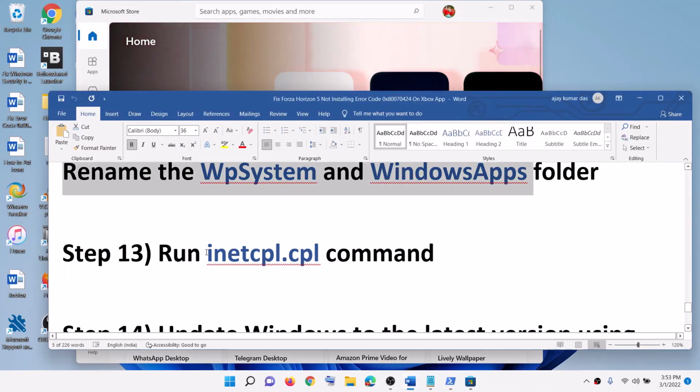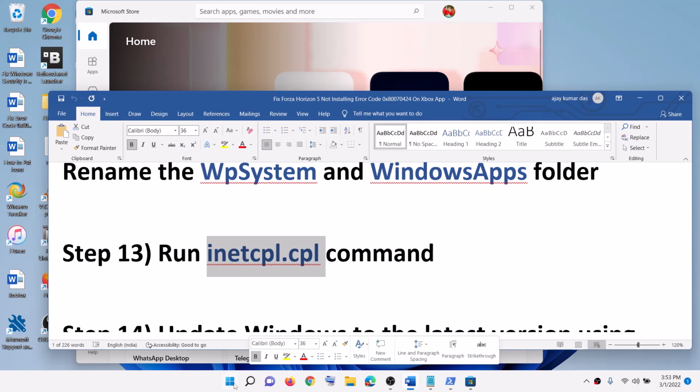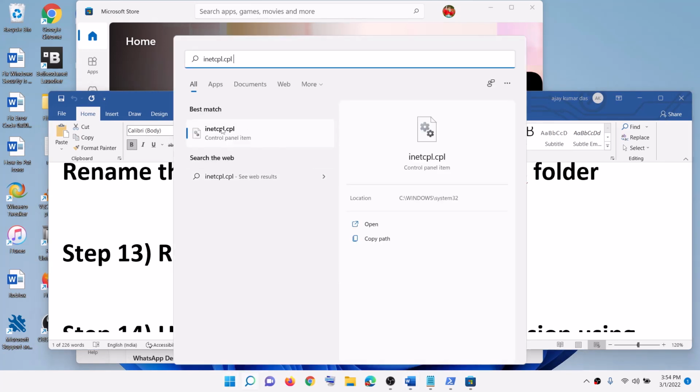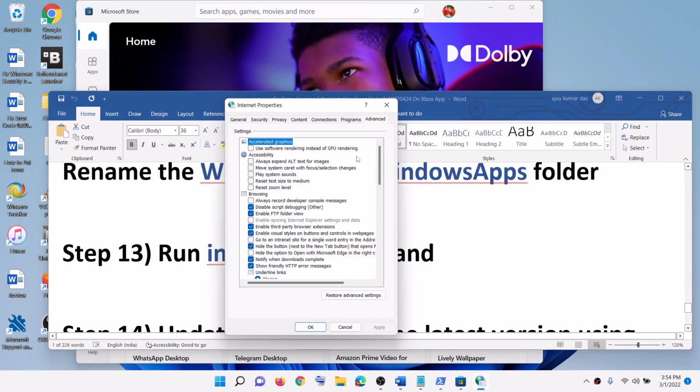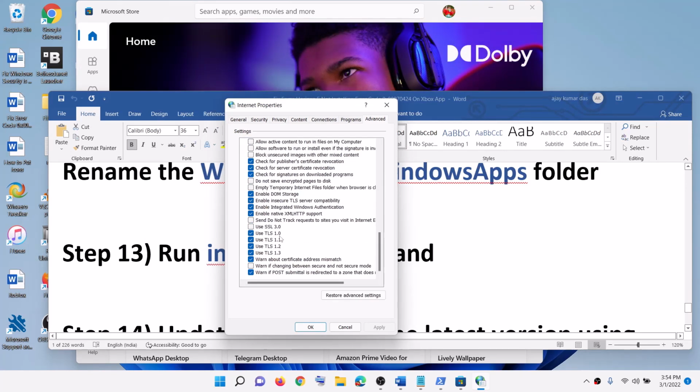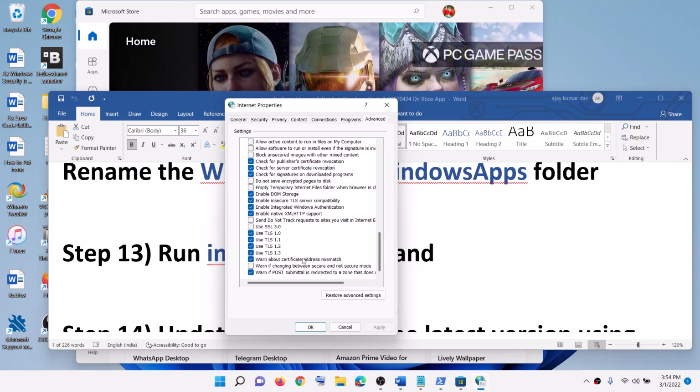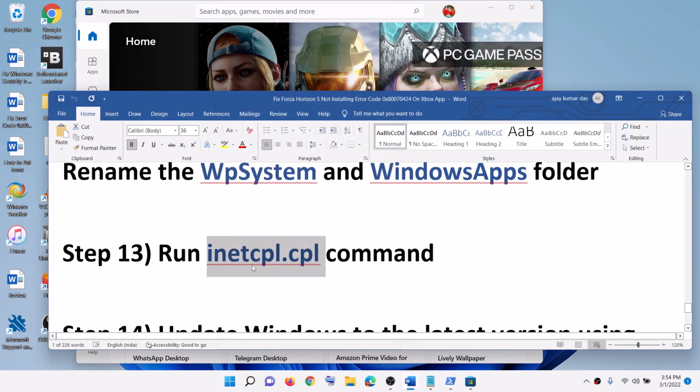Now the next step is to run the inetcpl.cpl command. So type in inetcpl.cpl, then click on inetcpl.cpl, and then go to the Advanced tab and scroll down. Here you can see Use TLS 1.0, 1.1, 1.2, 1.3. Make sure all four are checked and then click on Apply, click on OK, and then try to install the